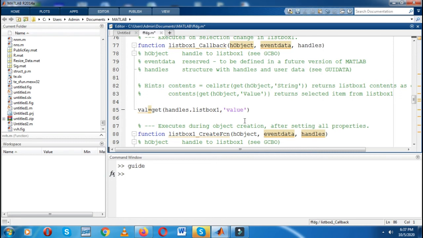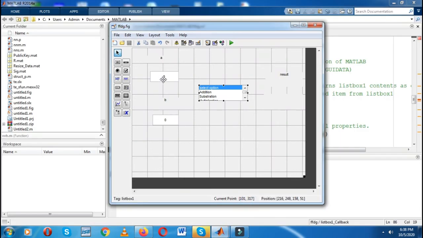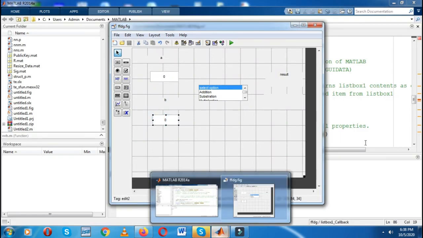Then I have to take the values for A and B, so I will write A is equal to get, and that has to be handled by edit text. So I will write edit. What is the tag for that? Just go to that. This is the edit1 tag and this is the edit2.